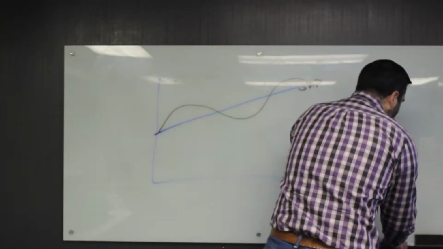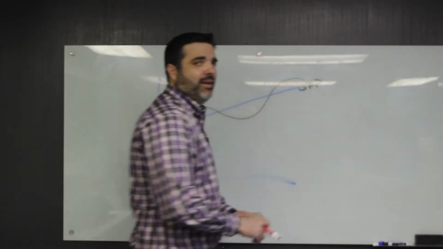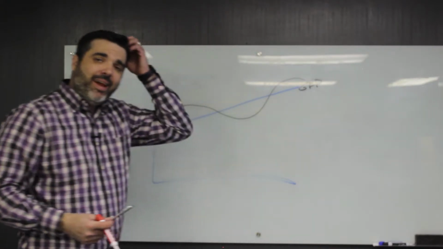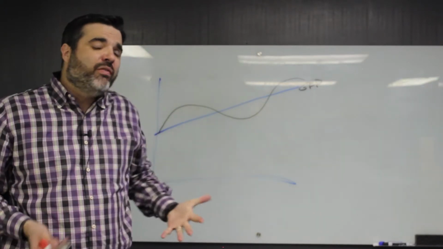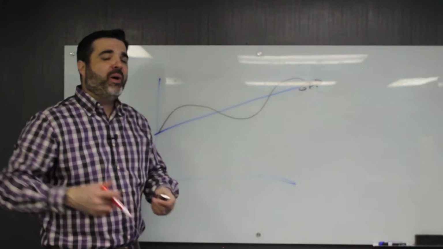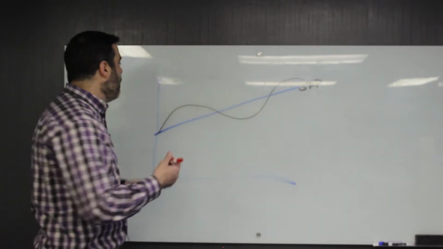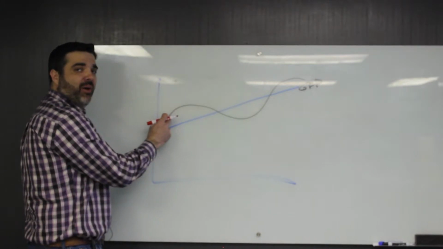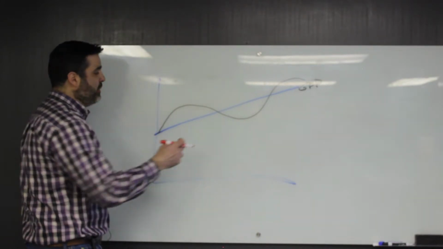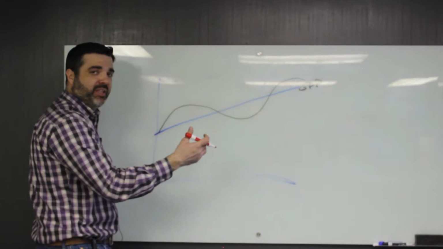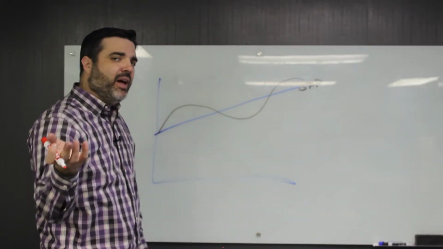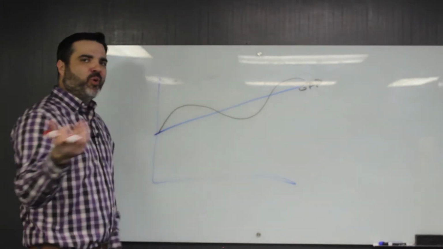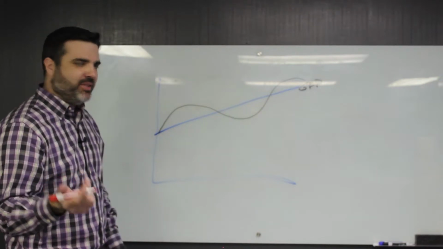But there are some automatic stabilizers in the economy, which means that we don't always have to enact new fiscal policy to help us get to where we need to go. We don't always have to raise taxes to slow down inflation. We don't always have to cut taxes to help boost the economy. There are some things that do that automatically. One thing is a progressive tax system that helps us do that.